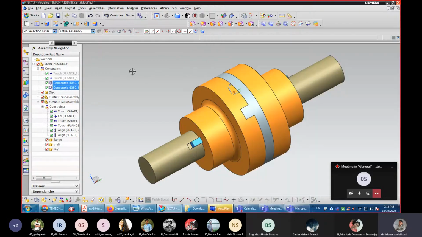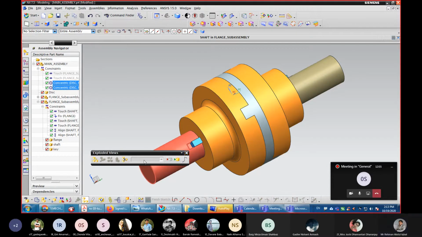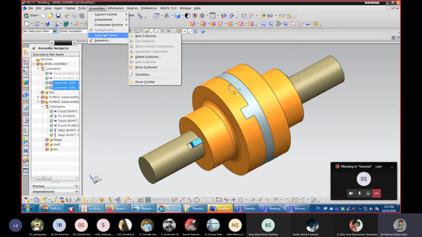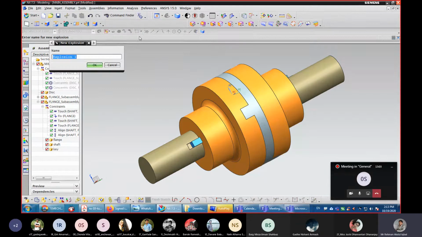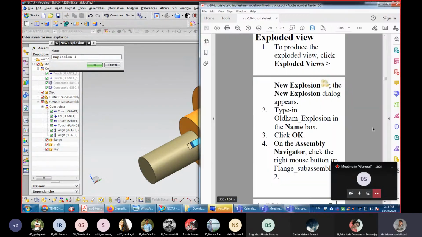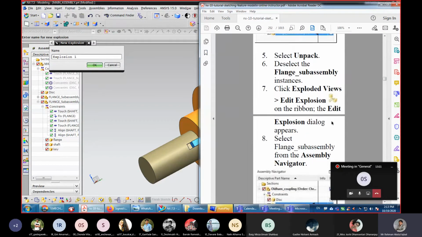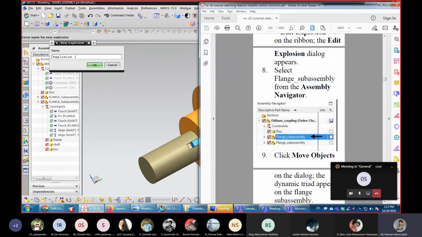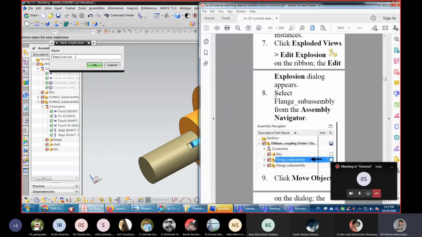You can go to this bottom one, exploded views, or you can go to assembly and here exploded views. So go to exploded views. Here no exploded view is there. So you need to go to exploded views, new explosion, and here we can give any name. We will follow what is given in this tutorial. It is flange sub-assembly.